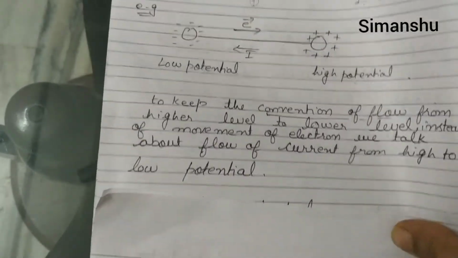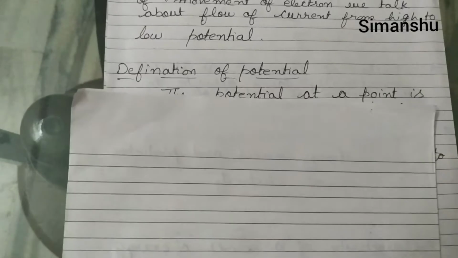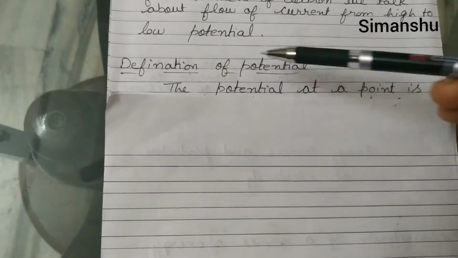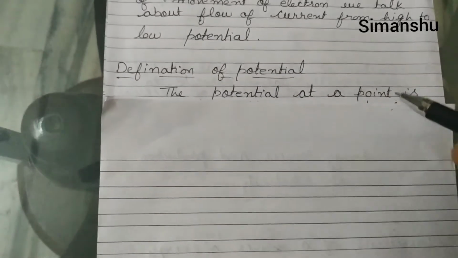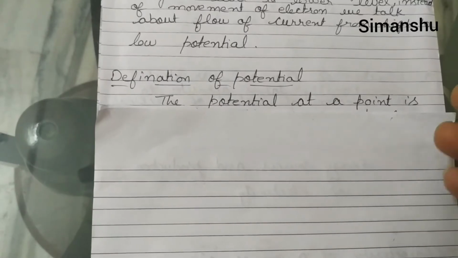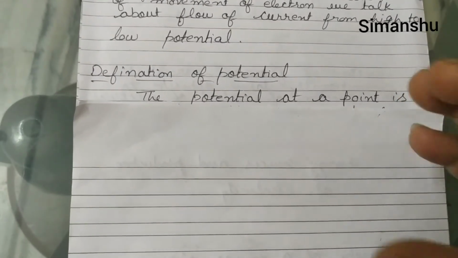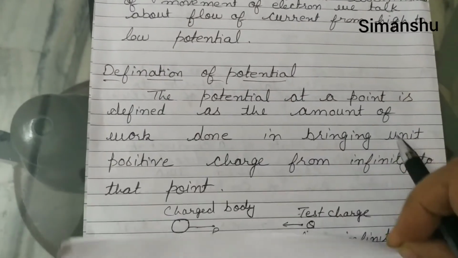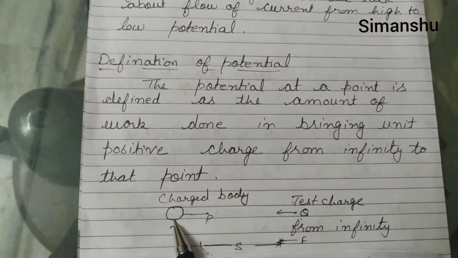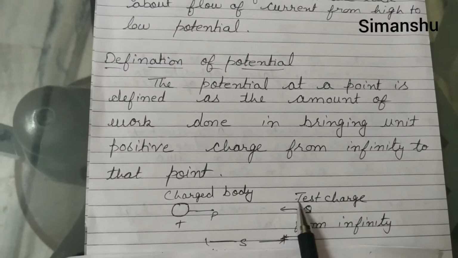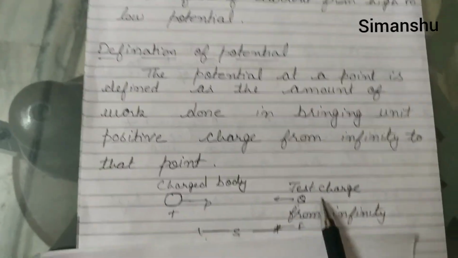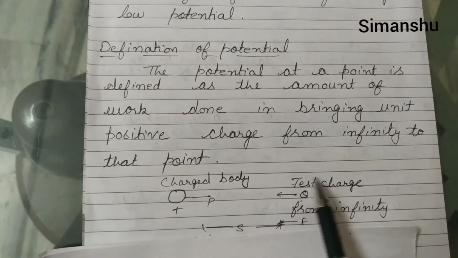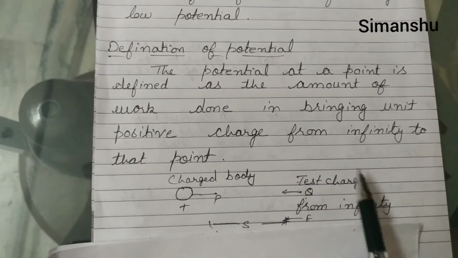Till now we were discussing potential. But what is potential? For that we have to define it. Simple thing. Till now we were saying electrons can move, but positive ions cannot. If you want to move a positive ion from one point to another point, you have to apply some force. See here, if a positive body is here and here is a positive test charge. What is a test charge? A test charge is a very small charge. When we move it, it does not influence the surrounding area.